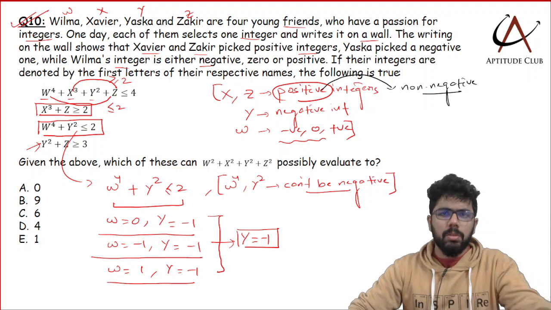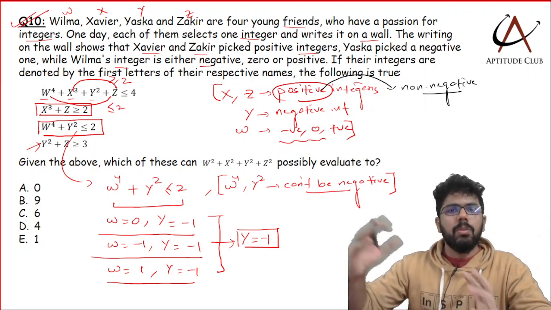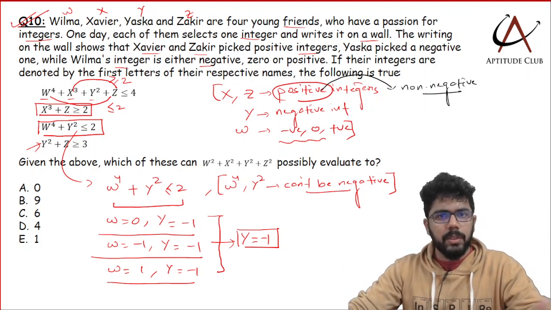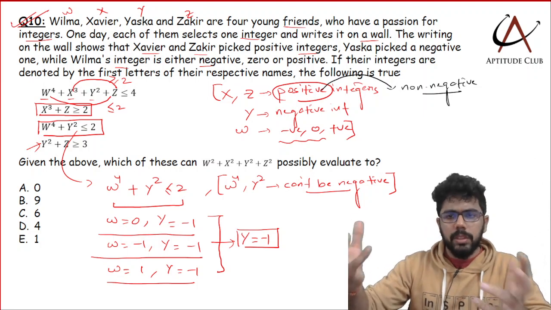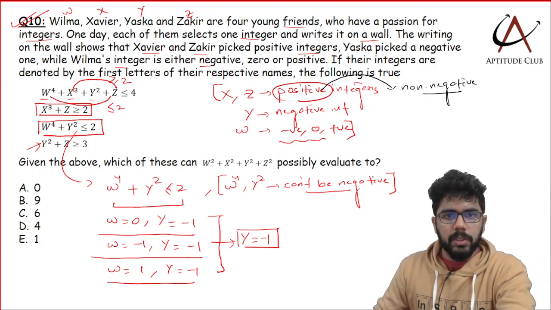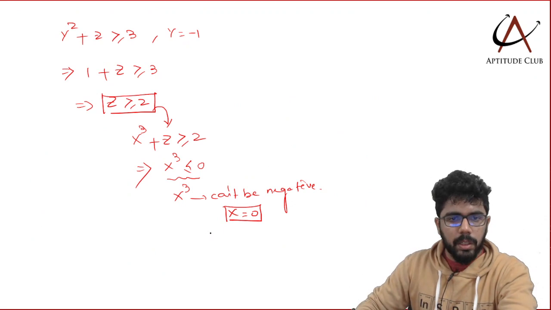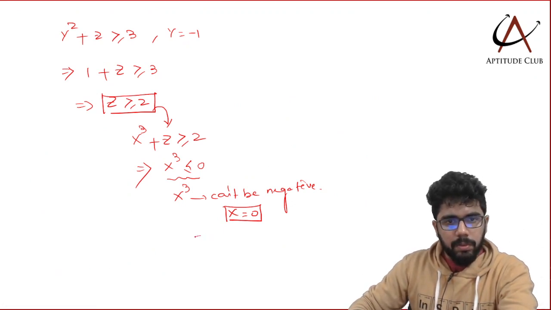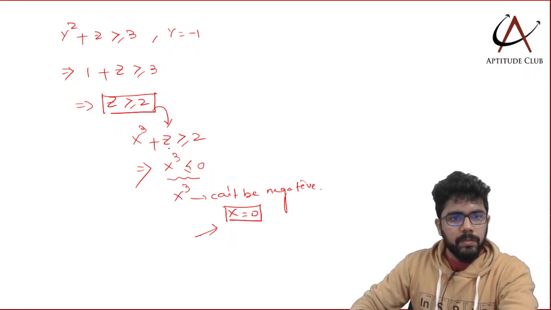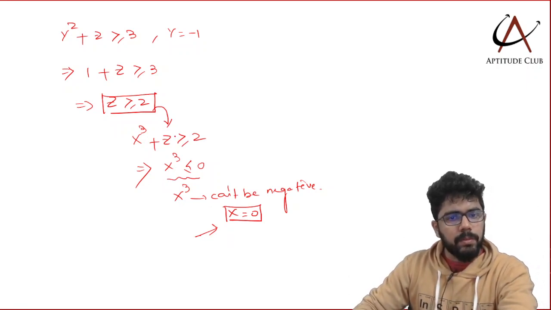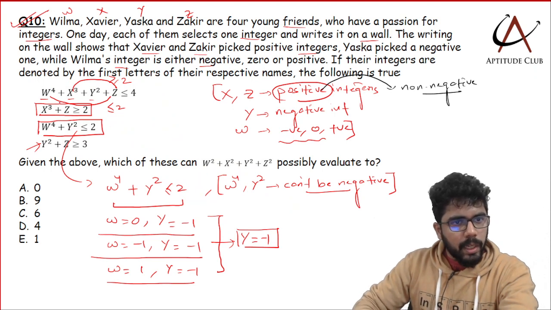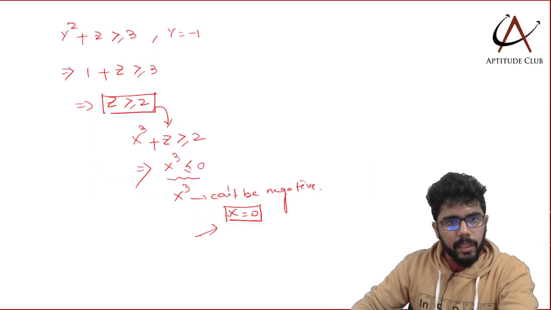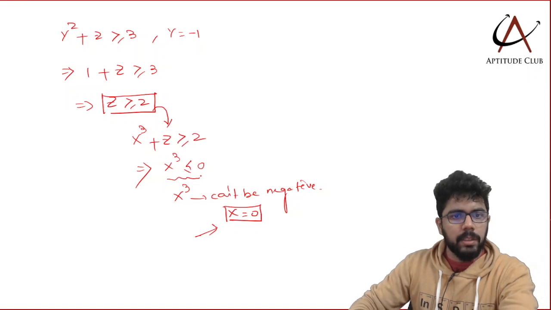तो maybe ये क्वेश्चन तो ऑनलाइन से ही हम लिए हैं, we don't know what the actual paper was like that, ऑफिशियली तो कुछ रिलीज किया नहीं है। तो this can be non negative, positive exactly नहीं होगा, x is equal to 0 आ रहा है। ओके, so I got the value of x. If x is equal to 0, z greater than equal to 2 है, so I got the value of y, I got the value of x,